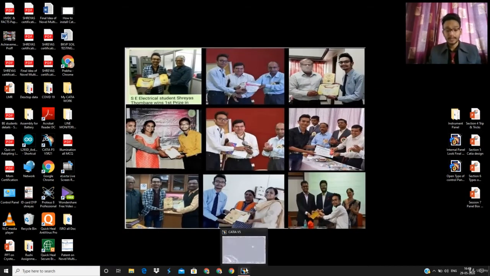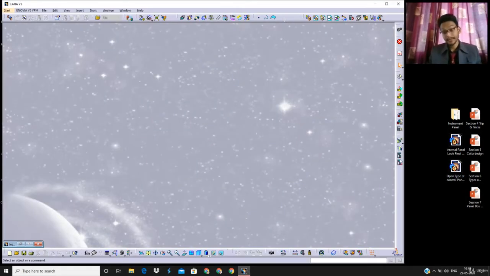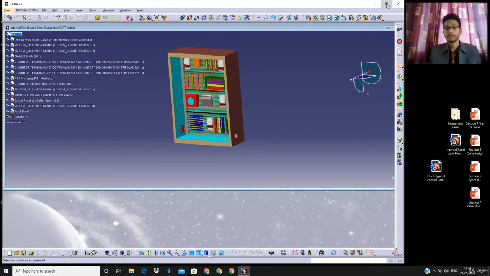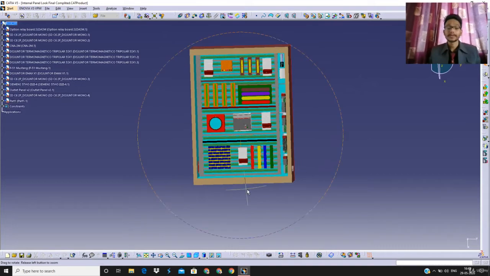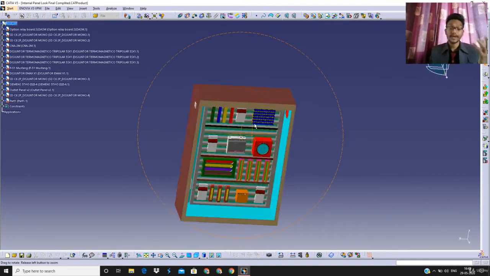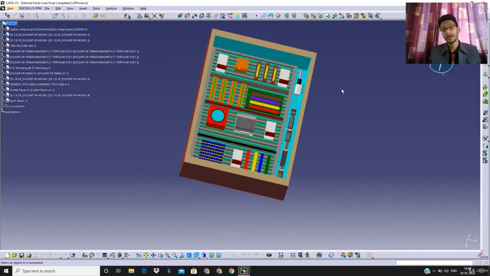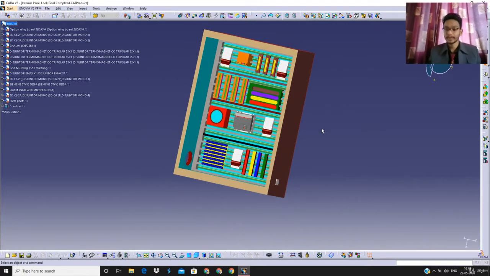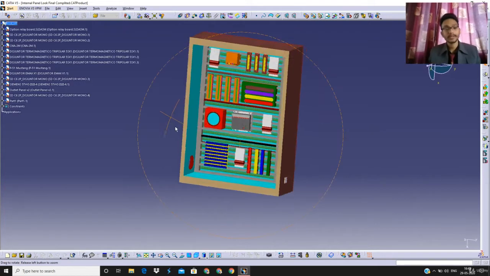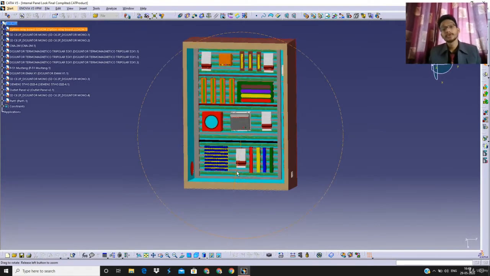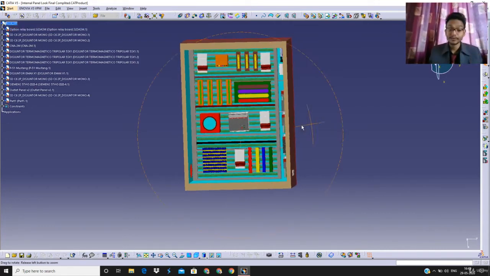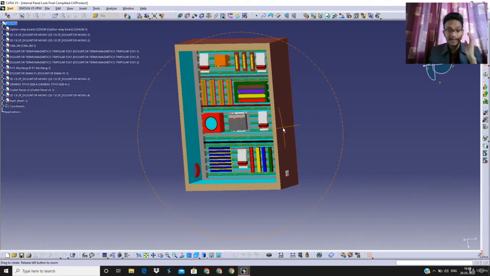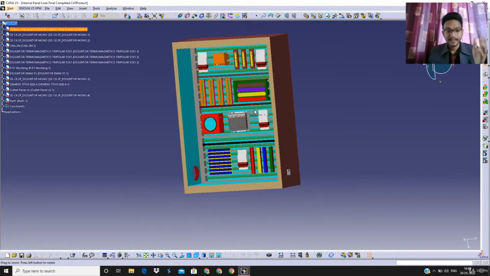So let's open the CATIA file. Here we have a CATIA file open. The main important thing that you can see over here is the closed loop control panel system, and this system is developed in a box that we call a panel box. In further discussion, we are going to cover how to design this box, what the rules and regulations for fabrication are, which types of materials are used, and which precautions, tips and tricks should be taken into consideration. But before that, we have to discuss each and every important function of the internal control box of this instrumentation control panel.